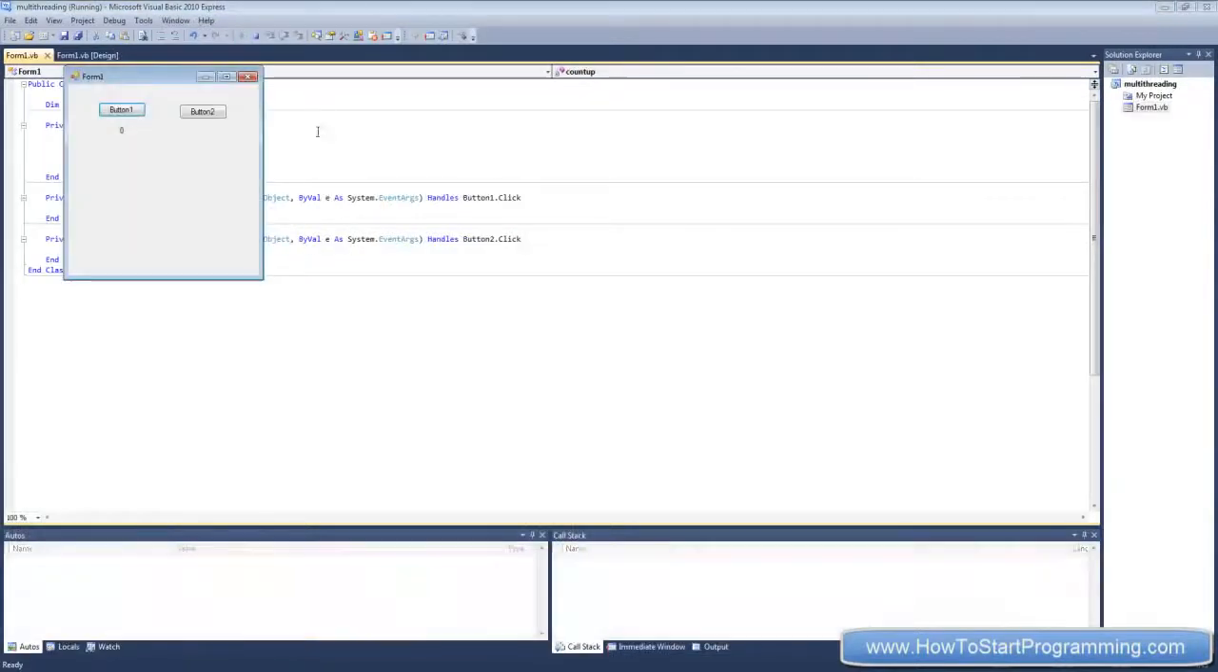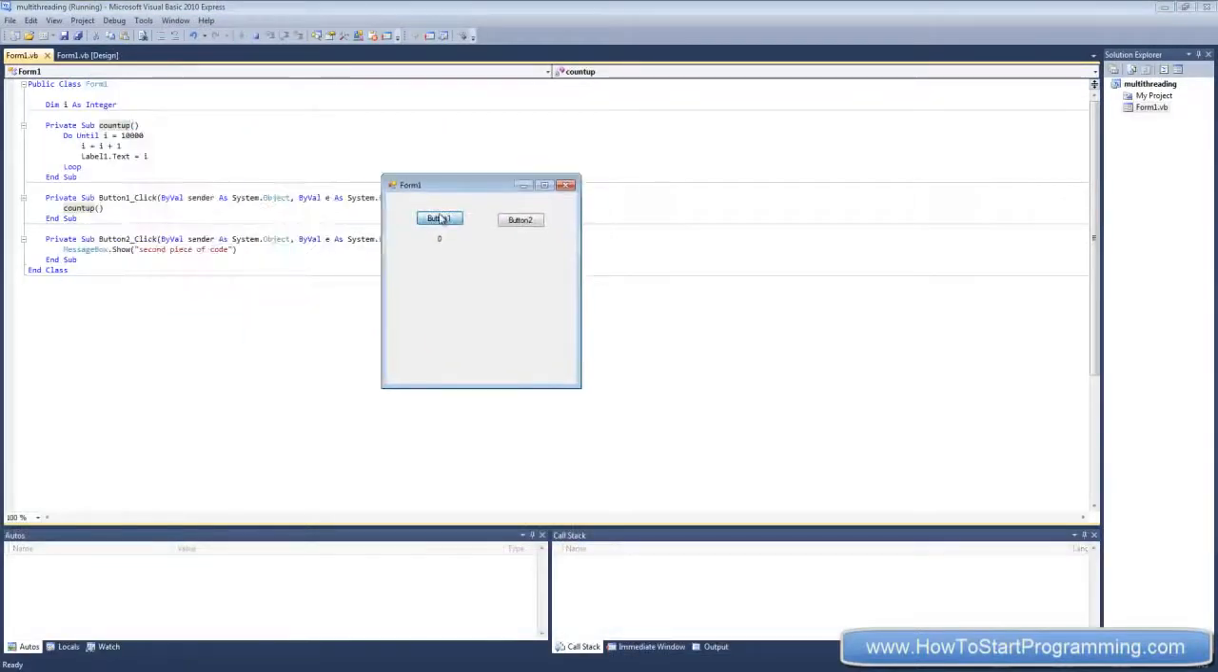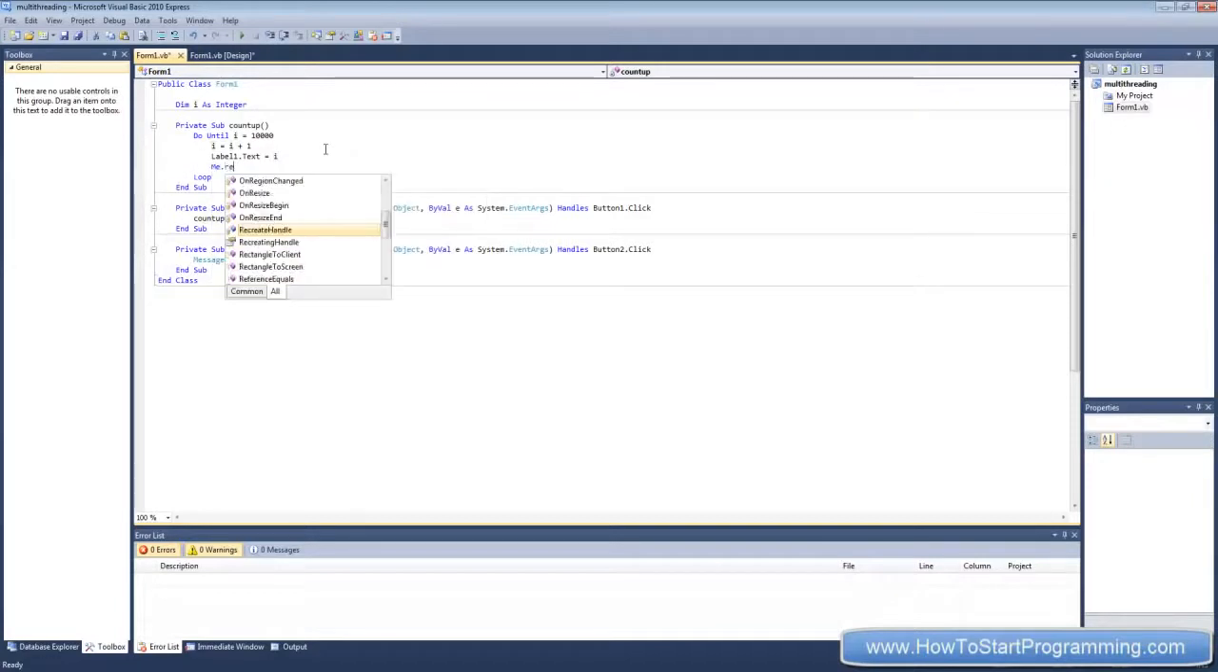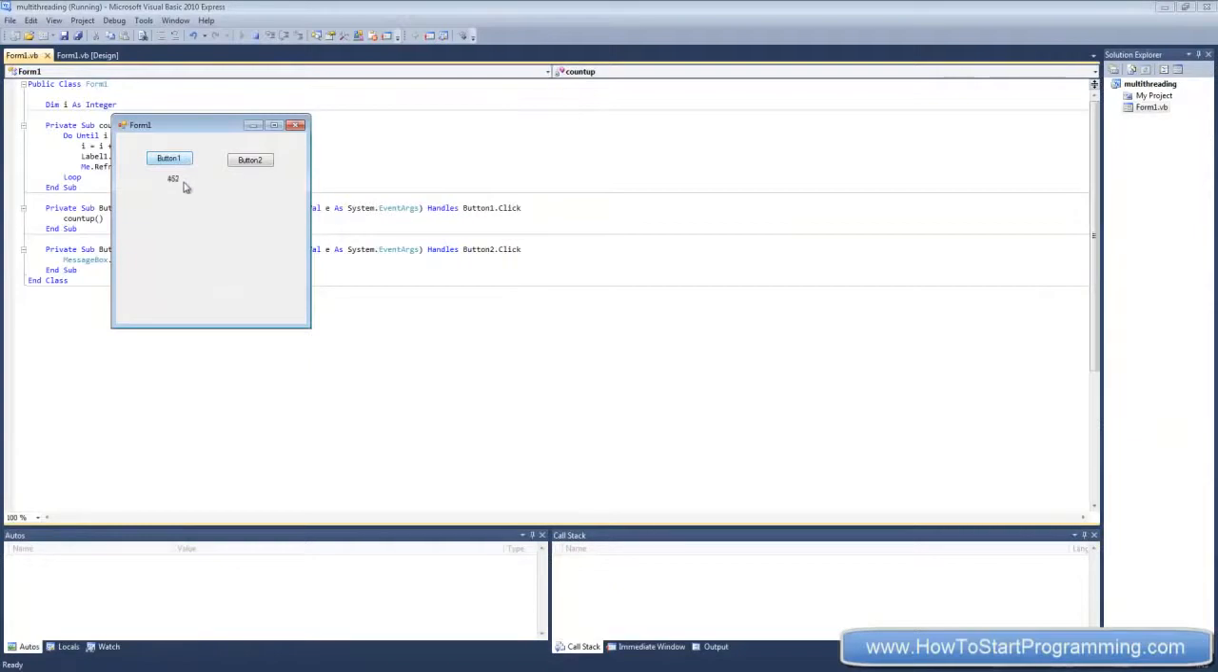So if we debug this and button 1, oh I forgot, sorry, we won't be able to see the label unless we refresh it, so me.refresh, and now you'll see that it is counting up right there. Now if we click this,